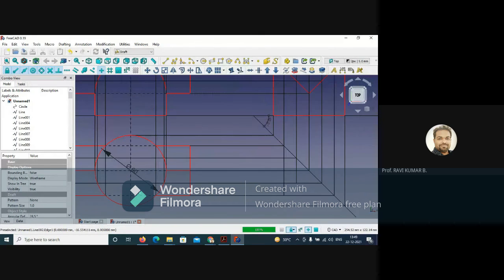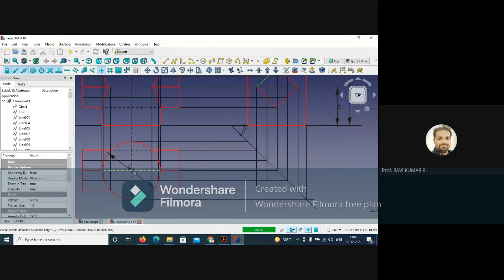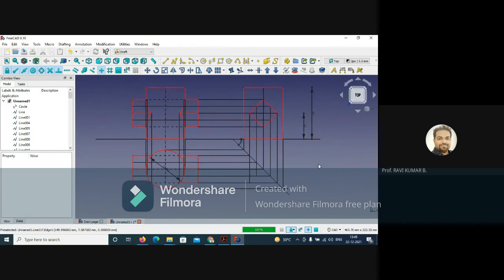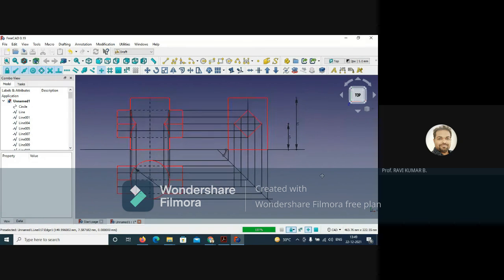Right, and for the dimension, diameter should always be diameter, right? So it should be represented by the diameter symbol. You cannot put a radius for this circle, right? So that is a wrong way of giving the dimension. If it is a full circle, it should be given by diameter. If it is a semicircle, you can mention the radius. I hope this will be clear. You can draw it